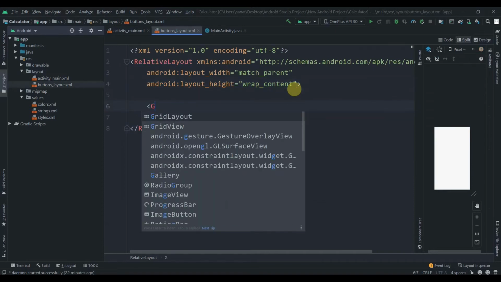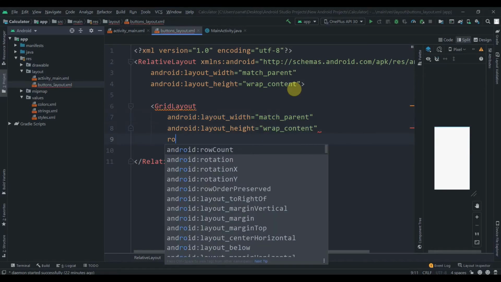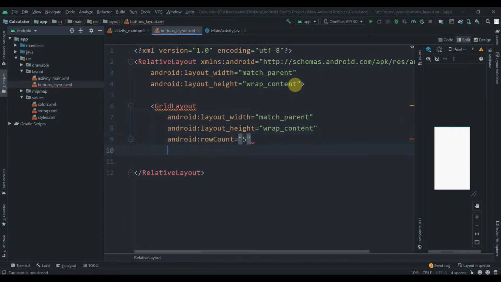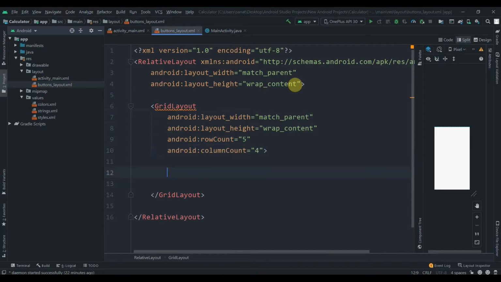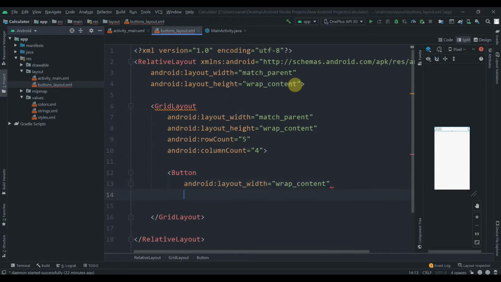Okay, so now we'll use grid layout. So width will be match parent and height will be wrap content, and the row count will be 5, column count will be 4, and we'll add some buttons here. So button width will be wrap content and height will be 100 dp,